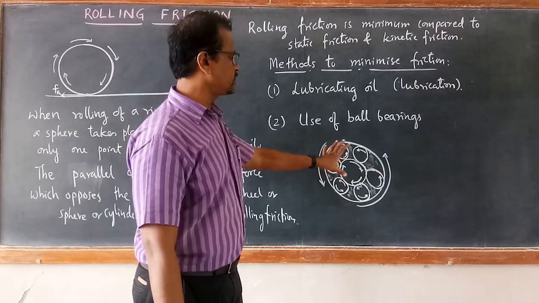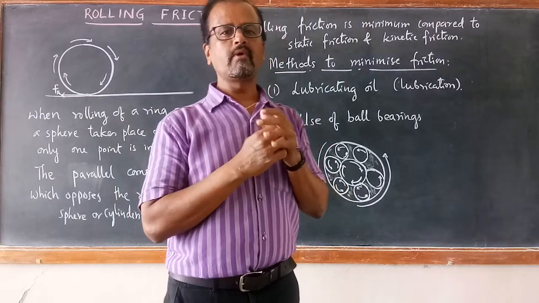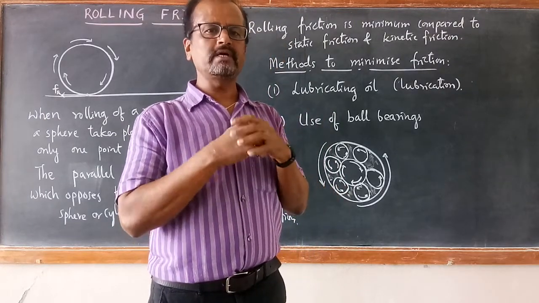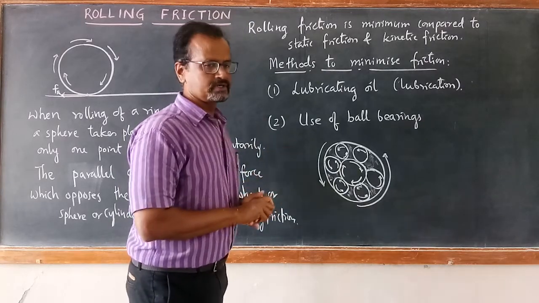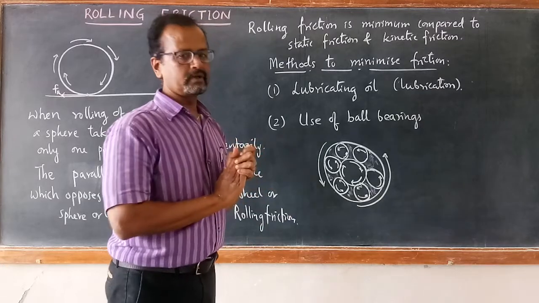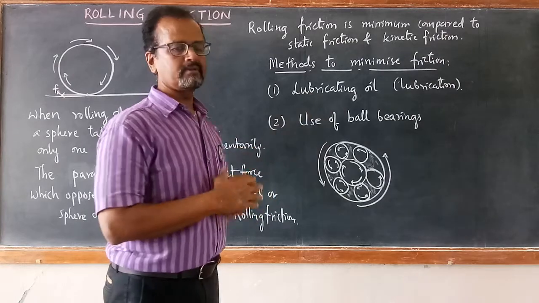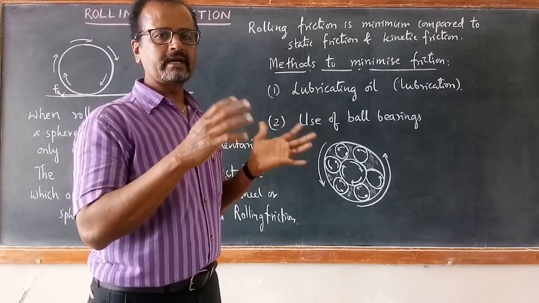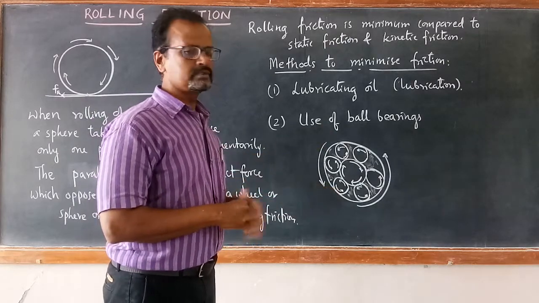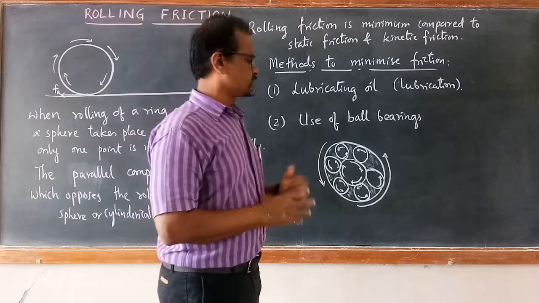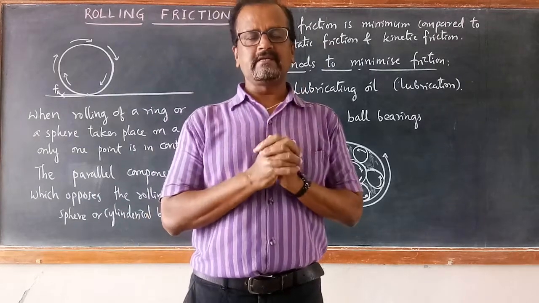So the ball bearing system is also a usual system to reduce the friction between two bodies which are in contact, which are movable parts. So these are certain methods to reduce the friction. Use of fine powder, lubrication oil or lubricating oil for the movable parts which are in contact can reduce the kinetic friction, and use of the ball bearing system will reduce the kinetic friction. Now, friction is also necessary.